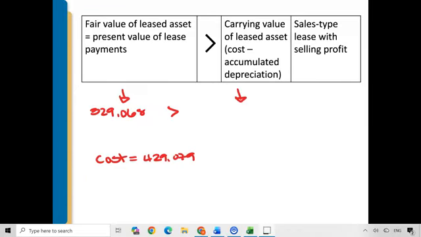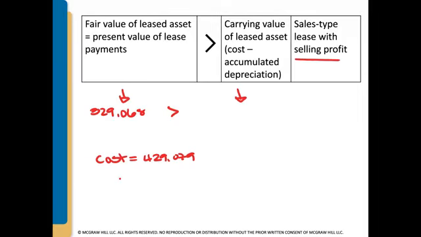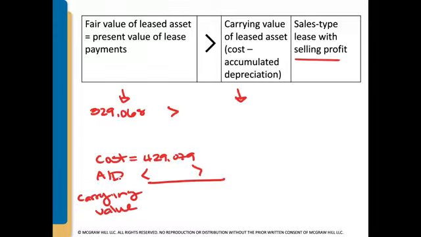The fair value is $329,000, and if that's greater than the carrying value, then we have a sales type lease with selling profit. So let's calculate the carrying value of this leased asset. The cost was $479,000, and now we have to figure out the accumulated depreciation, because the cost minus accumulated depreciation determines the carrying value, or you can call it the book value. So the accumulated depreciation is going to be based on the cost. I think this should be $479. Yes. So the cost was